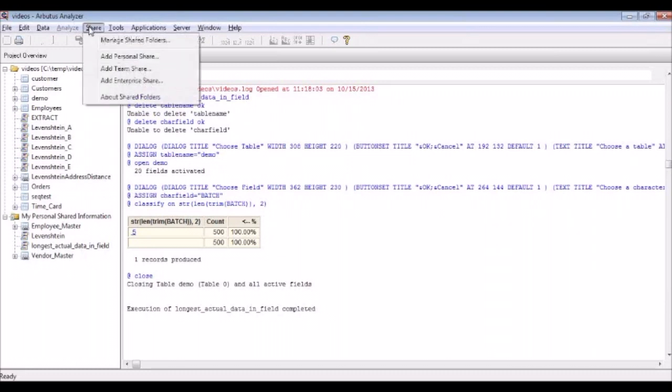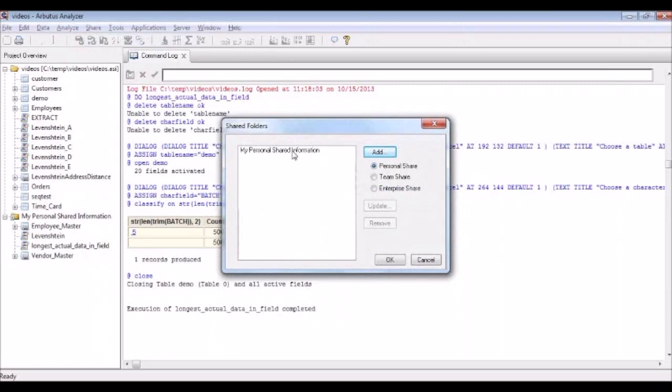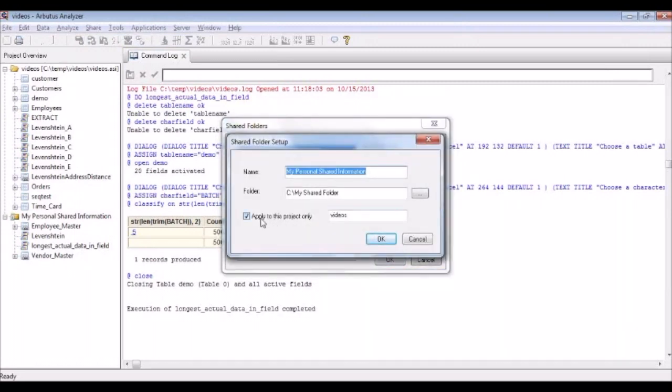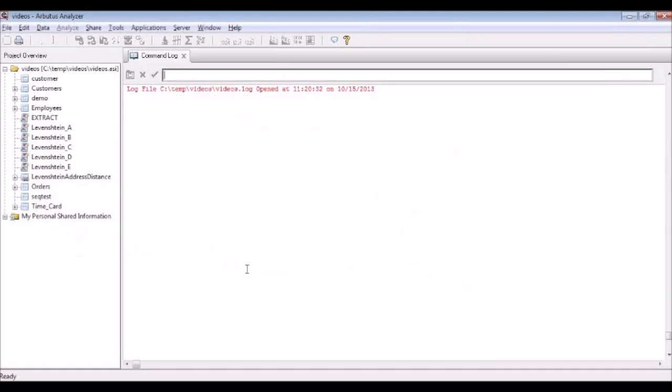If I go to the Share menu item, I can manage my shared folders. In this case, I only have one showing here. I'll just update it. Again, I chose to apply this to only the current project folder, but for personal shares, that doesn't make a whole lot of sense. You would want to apply those to several or all of your projects. To select all projects, you just take the checkbox off and don't fill in anything here. I'll click on OK. I'll click on OK again, and you can see that for this individual project, the information is there,